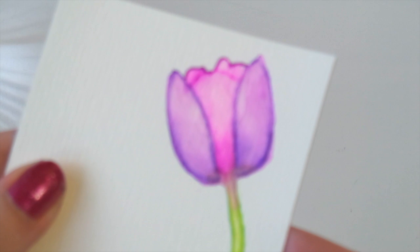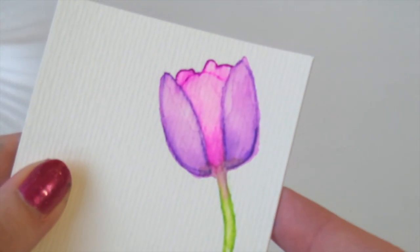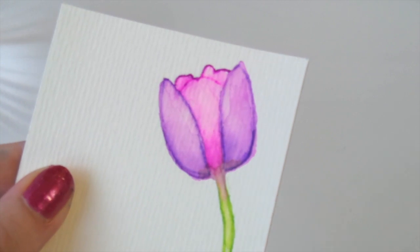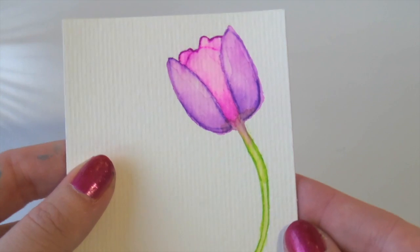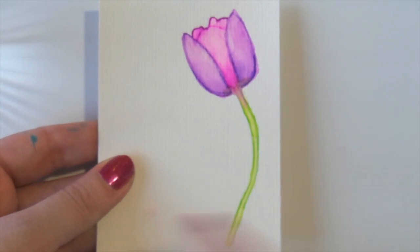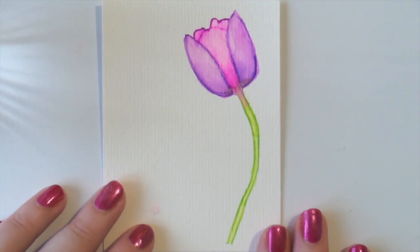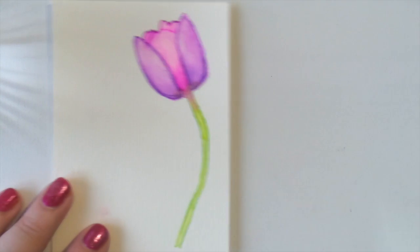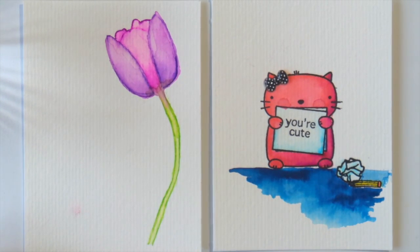And it's done. So on the project life layout that I did, I actually added a quote that I found on Pinterest, which you could easily do, and that's my card done. So I'll put some more photos of the layout that I did at the end for you to have a little look at. I'm really disappointed and sorry that video didn't work, but now I have another go at this